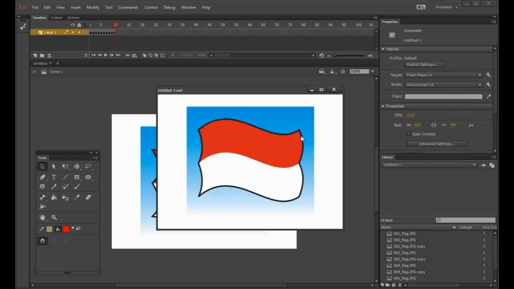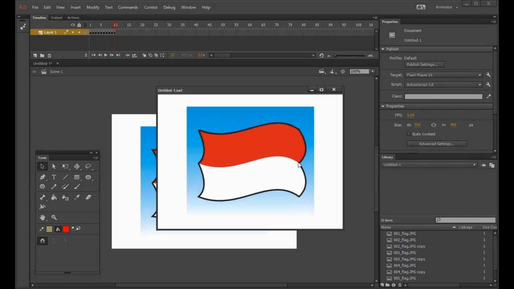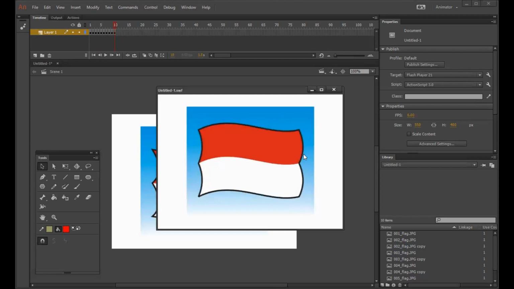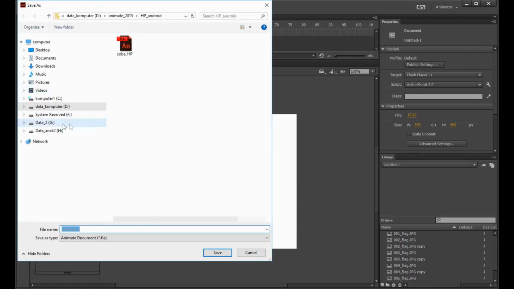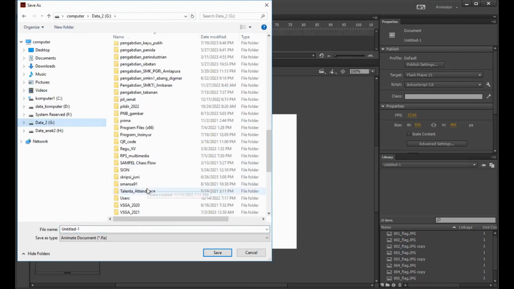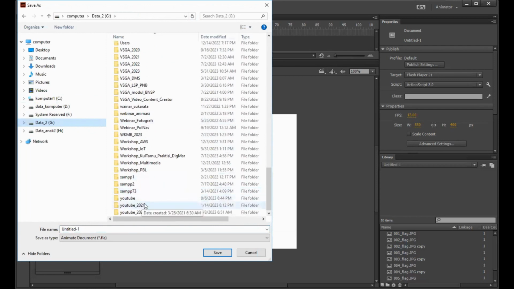Maybe we can modify this point to make it smooth, or you can modify with a new skin as you wish. Make it frame by frame.